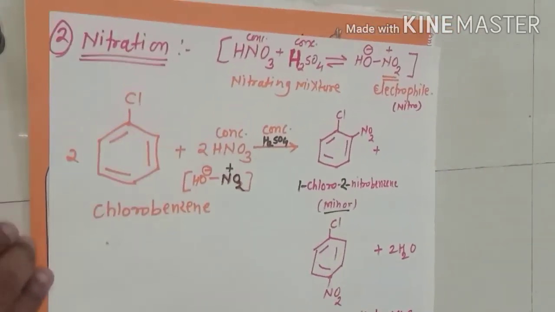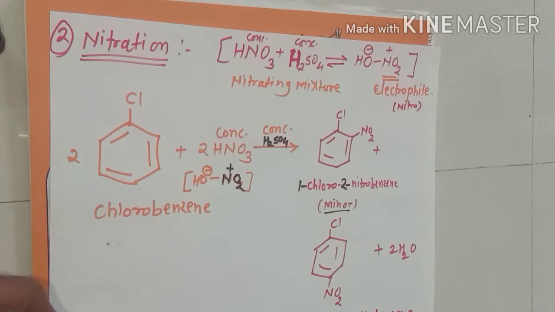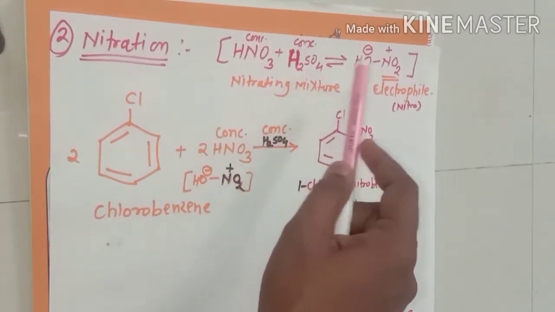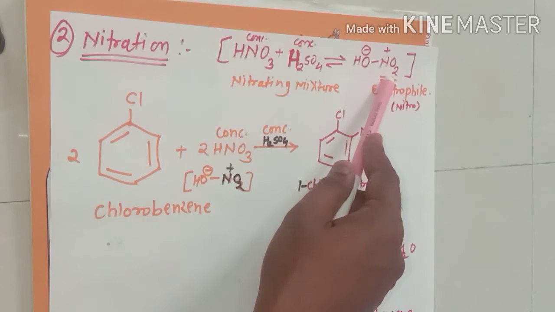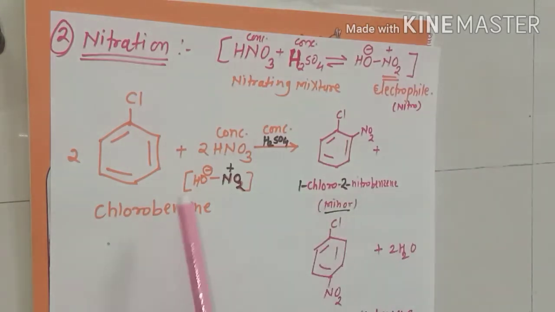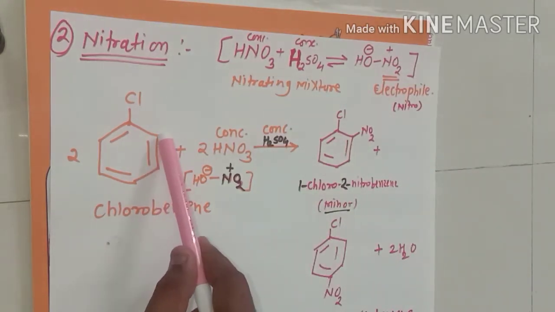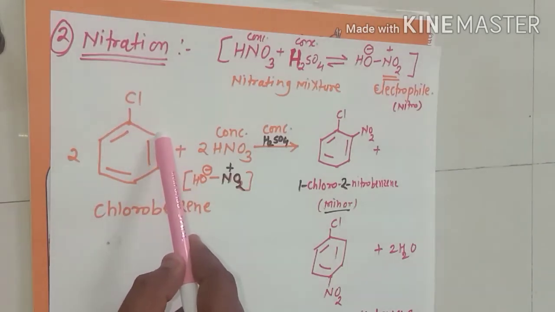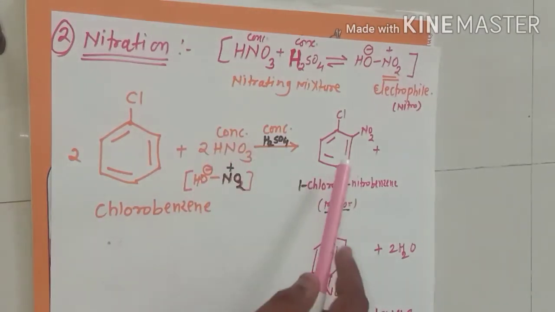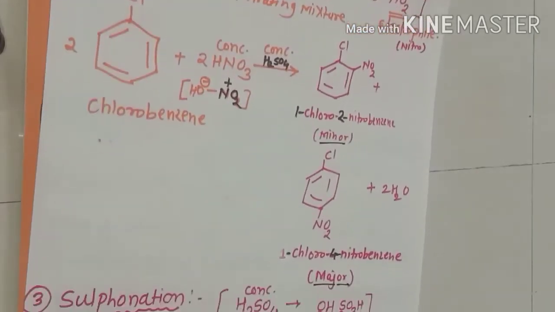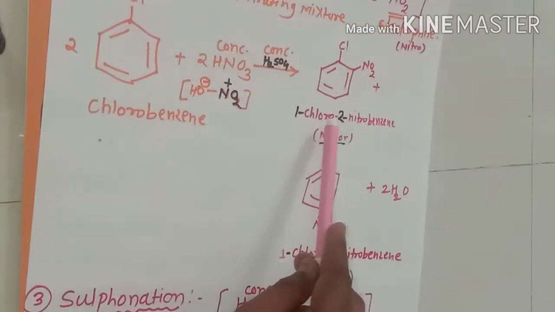Now the second electrophilic substitution reaction is nitration. In nitration we take a nitrating mixture, a mixture of concentrated nitric acid and concentrated sulfuric acid. Formation of the nitro electrophile NO2 plus takes place. Then, since the ortho and para positions of chlorobenzene are electron rich, this nitro electrophile attacks the ortho position to give orthochloronitrobenzene, and the second product is para-chloronitrobenzene, or by IUPAC names 1-chloro-2-nitrobenzene and